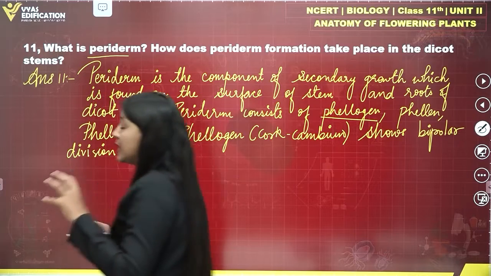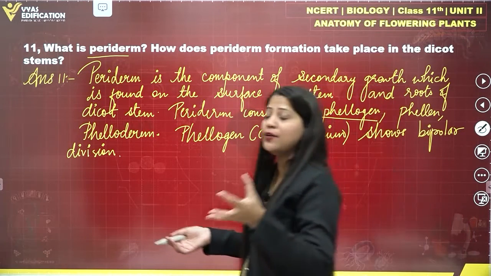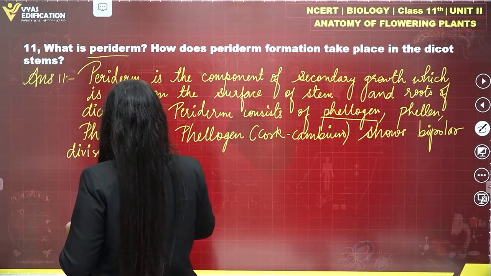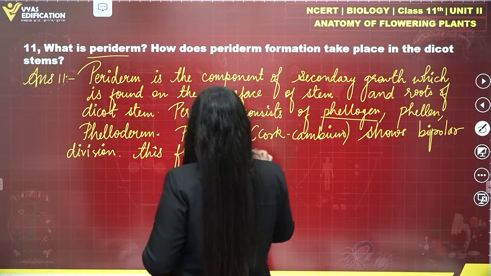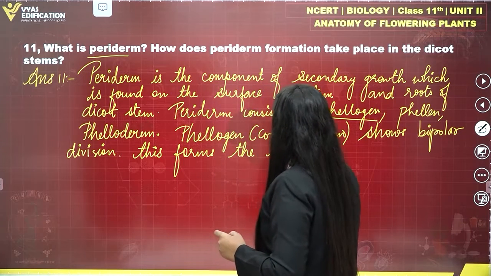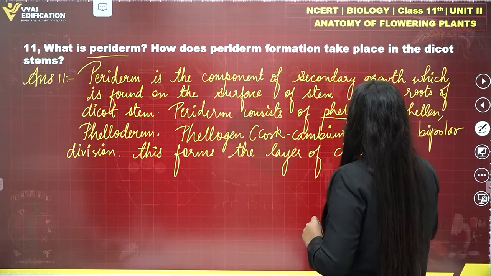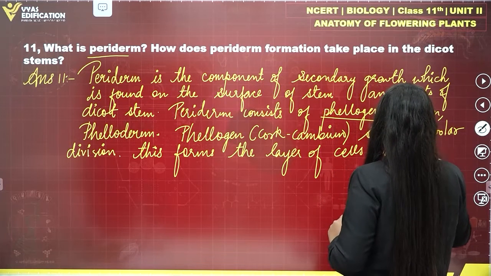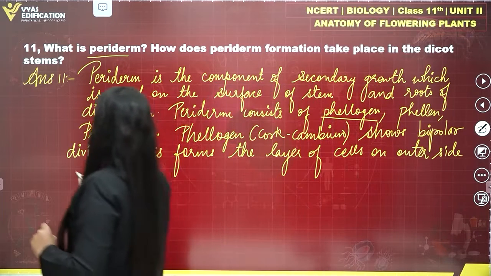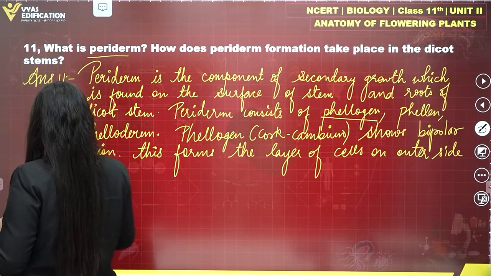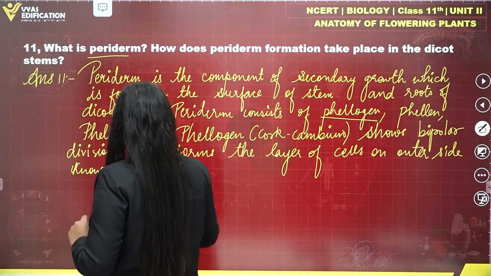That means it cuts off the cells on either side and forms the layer of cells on the outer side known as phellem,